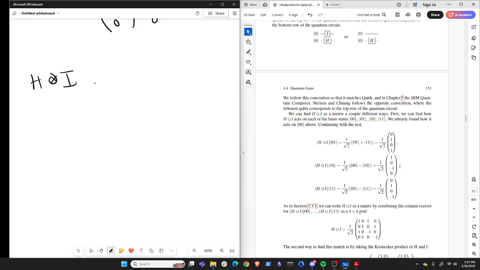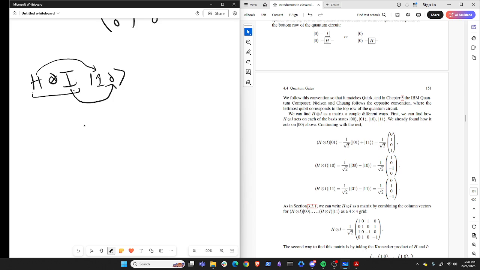So we have H tensor product I. We're applying it to state 1, 0. Taking the tensor product of the two means that we want to apply the Hadamard gate to the first qubit and the identity gate to the second. We want to preserve this qubit, and we want to put the first into a superposition. So we wind up with, and in fact, let's break this down even further and do this one